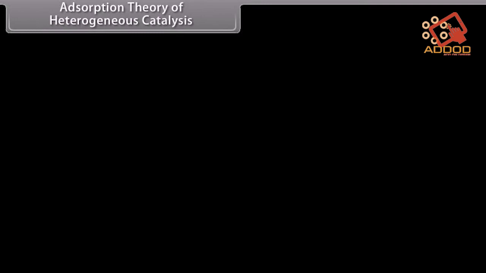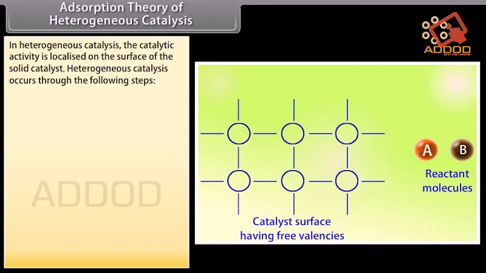Adsorption theory of heterogeneous catalysis. In heterogeneous catalysis, the catalytic activity is localized on the surface of the solid catalyst. Heterogeneous catalysis occurs through the following steps: